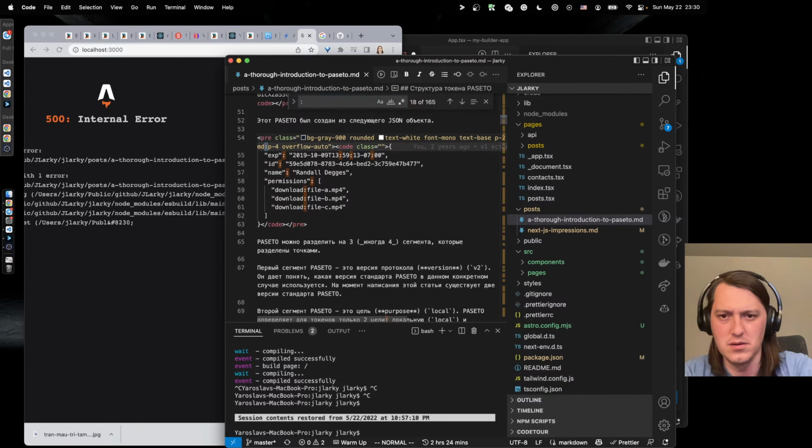Wow. Cannot set properties of undefined. You just told me to set it. Am I the crazy one? Cannot set prop. What?